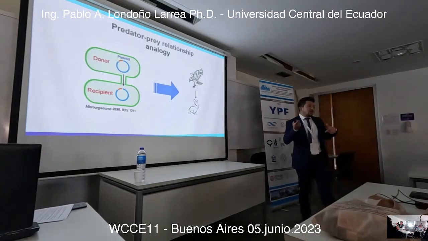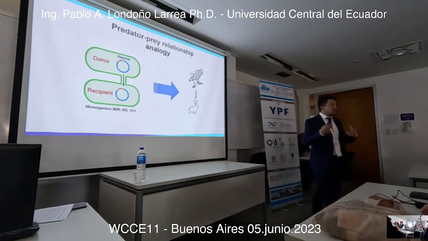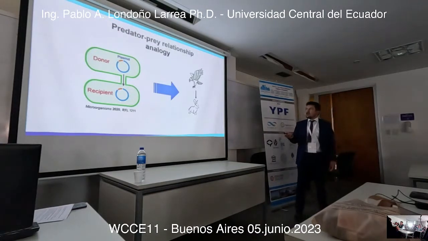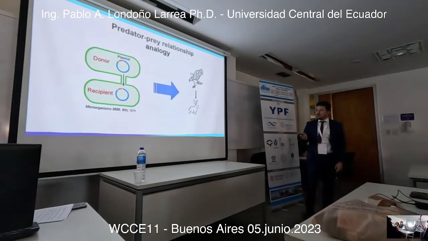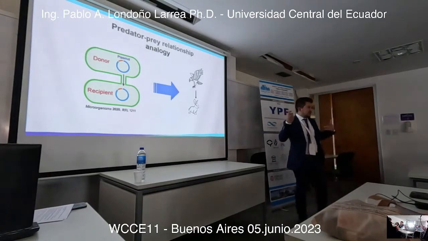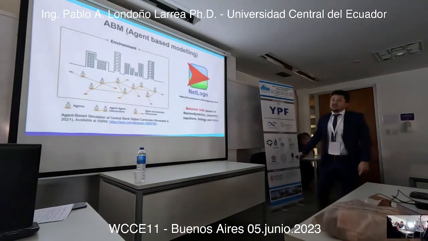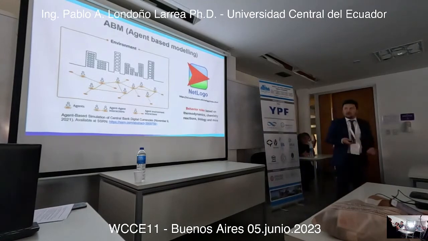We understand this like a predator-prey relationship analogy. In this case, we have a donor that is going to act like a predator and a recipient that is going to act like prey. We have this picture of an eagle trying to get in contact with the rabbit, you know? To model this, to try to simulate this behavior, we have